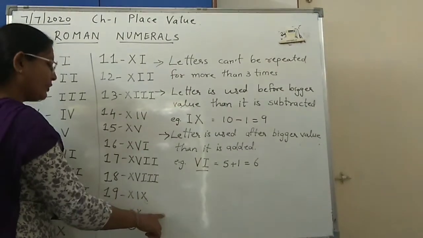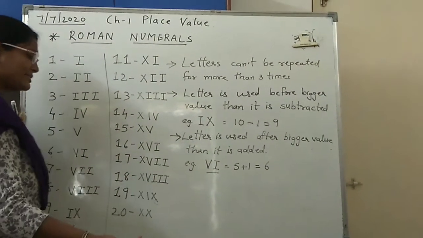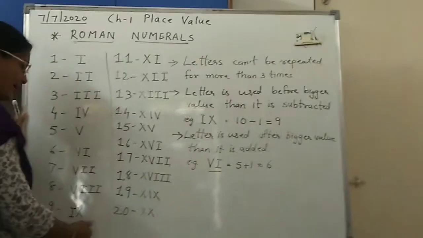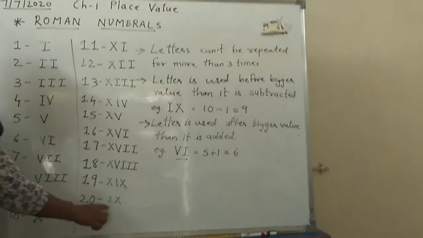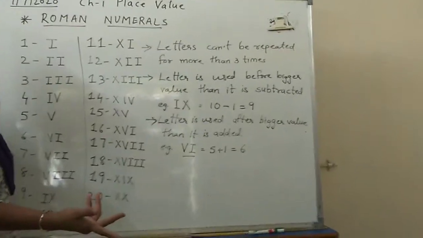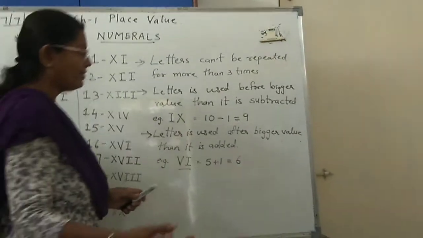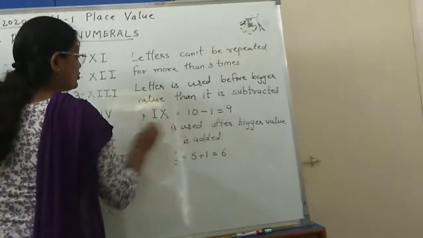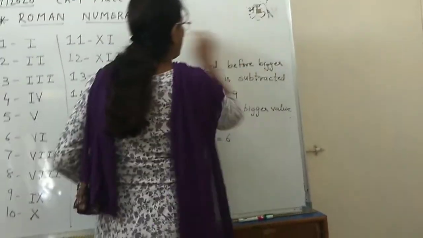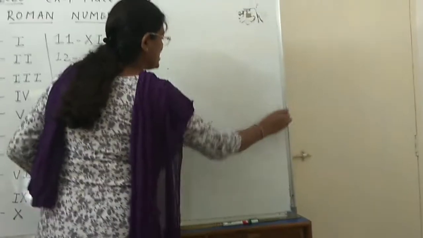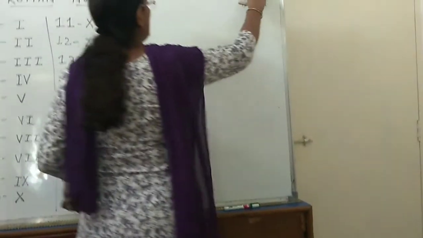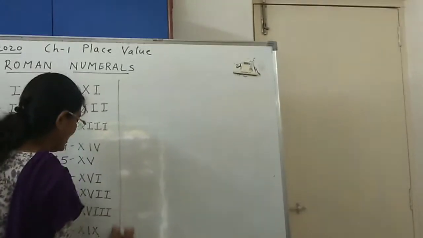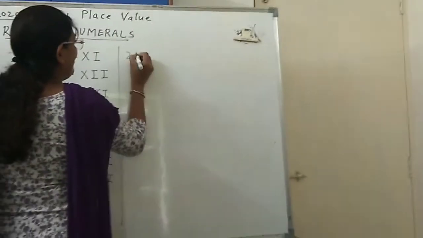How to write from 21 to 30? Very simple. Same way 1 to 10 you write down, and before that you have to add 2 times X, that is 20, that is 21, right? Let me show you how to write. I am rubbing the rules over here and showing you how to write the further numbers, right? These 3 rules how we have used, that I have already told you. Okay. Now let us go to the next one, that is 21.